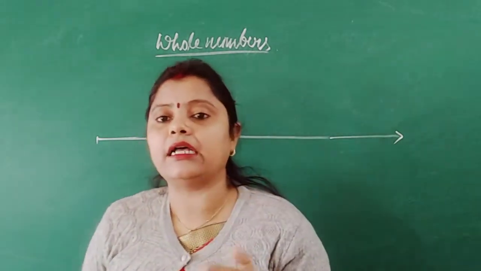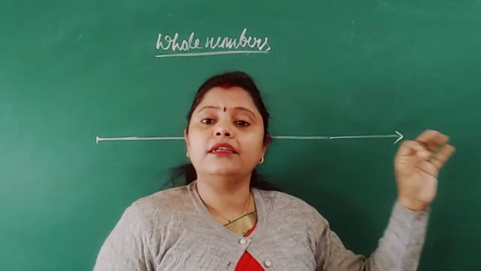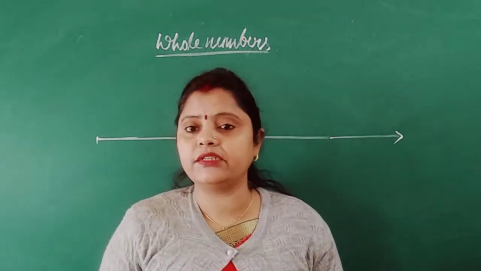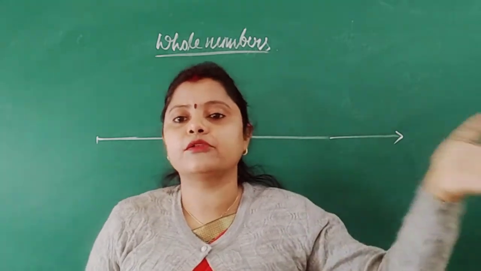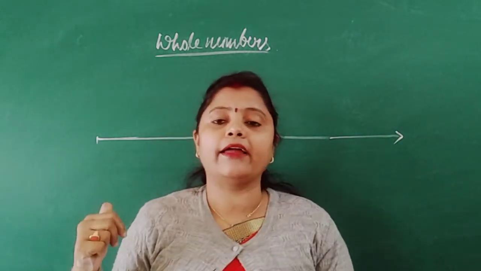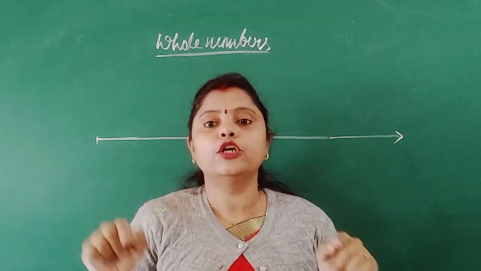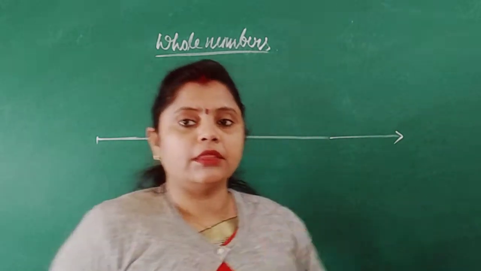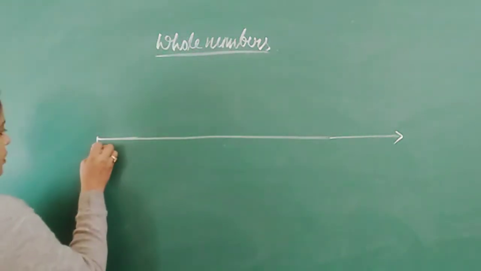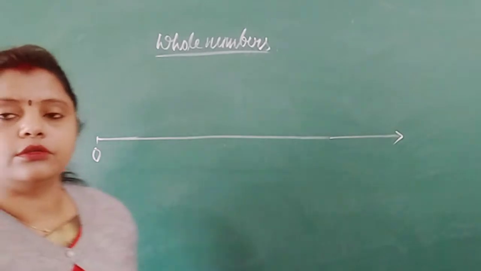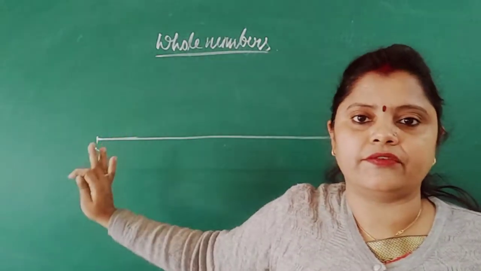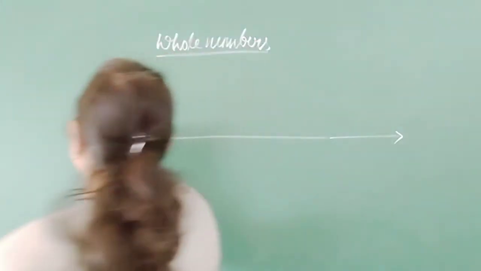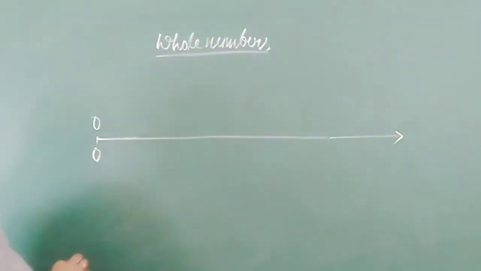But if somebody asks what is the largest whole number, it is difficult to find out because it is going on and we don't know where it is going to stop. So that is why I have drawn a ray, basically to represent the whole numbers. The beginning one is O, 0. You can say this naming I have just given, it is O here. So I am marking it like 0.